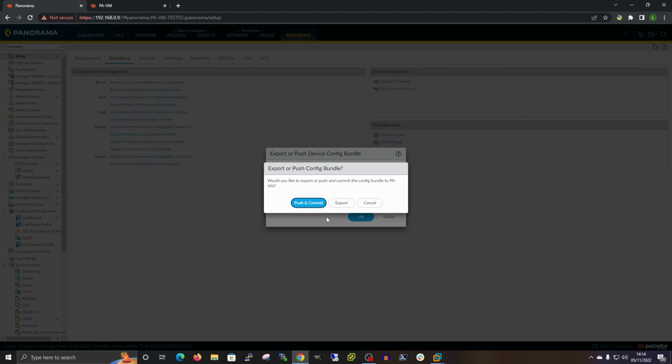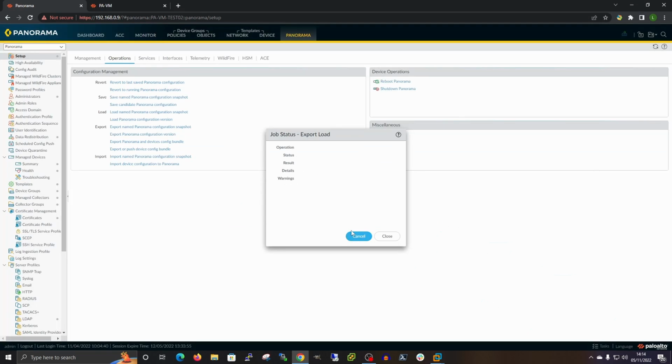If we export it, it's just going to send it. If we push and commit, then it's going to push the config and commit it, overwriting the config on the box. As it does this, you'll notice it says a device state was saved in the device. This is in case of any kind of recovery. If this breaks the device, you know that you have a device state saved before anything was sent back to it. That's the unedited